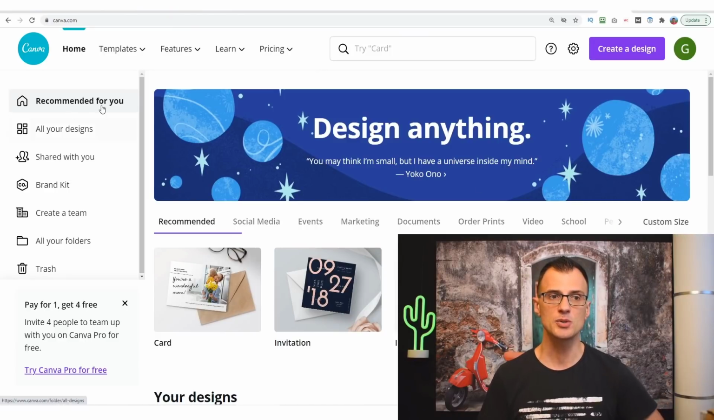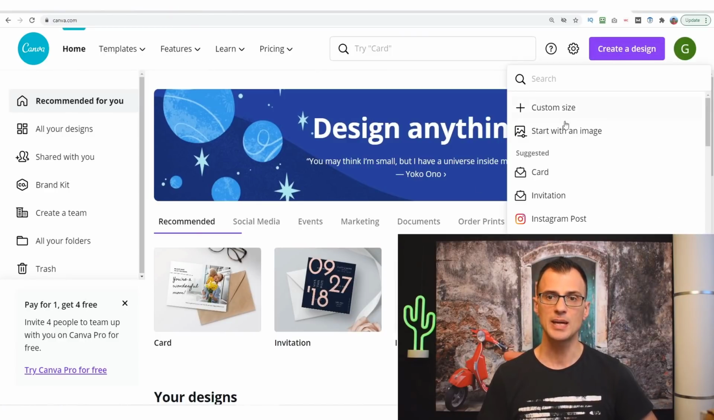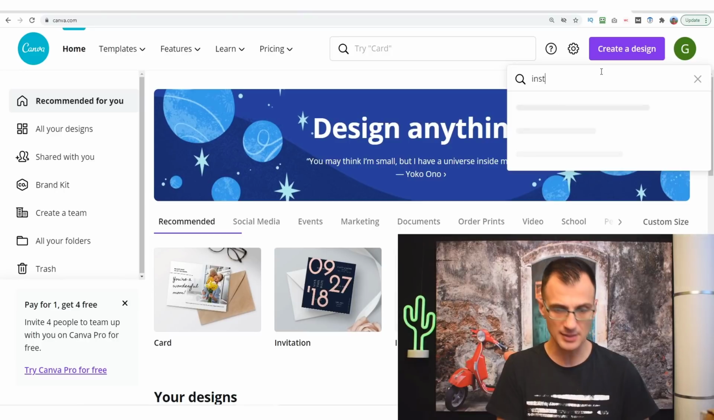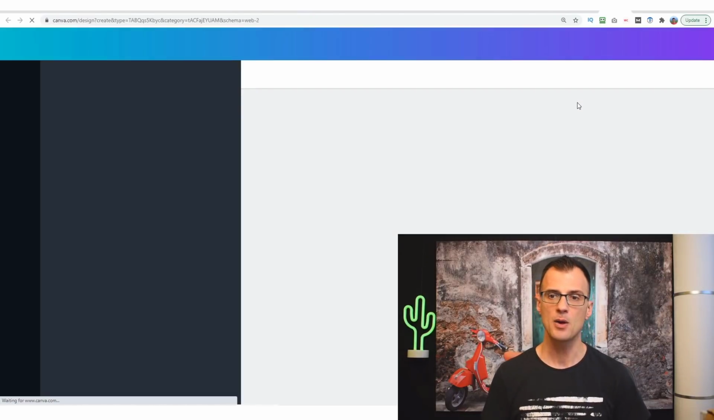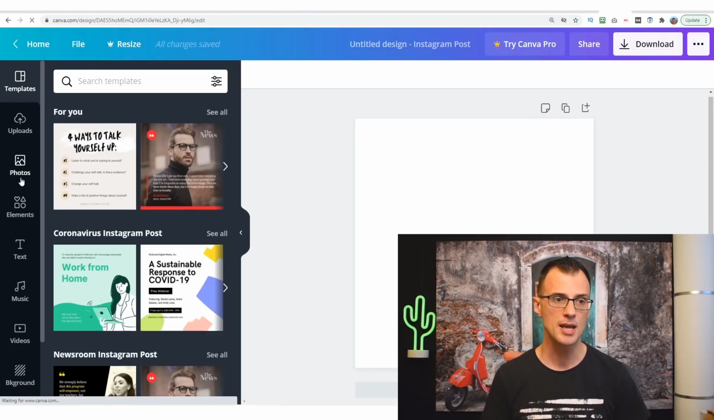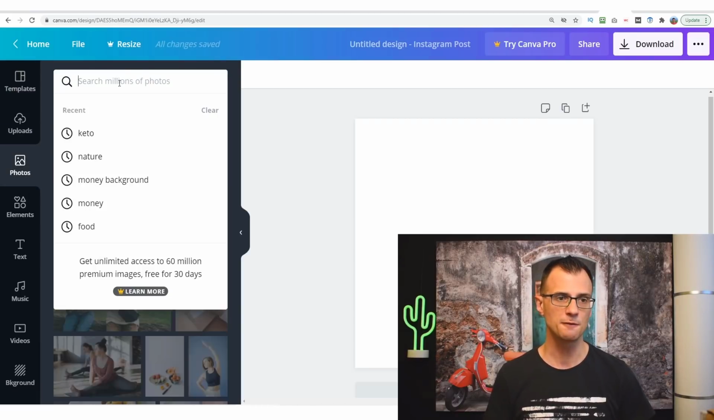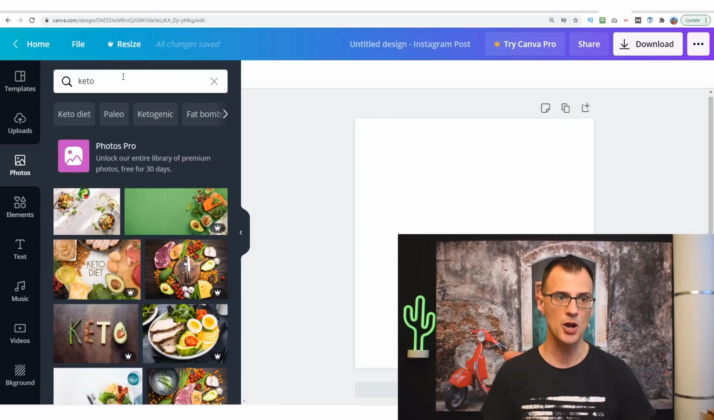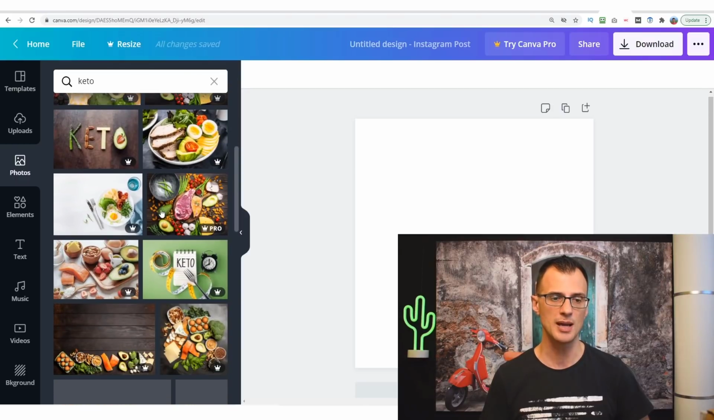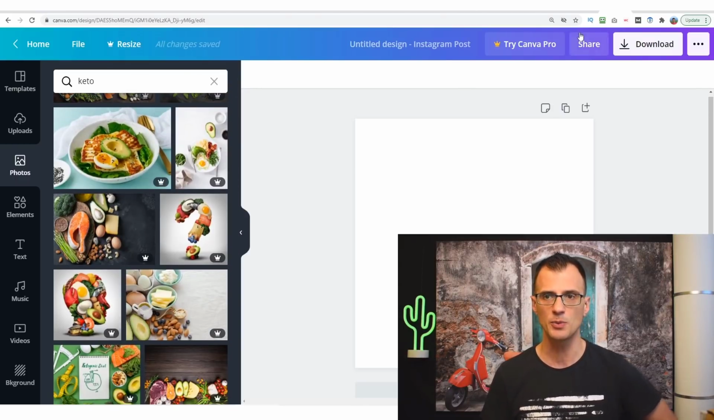To create the image, you can use a tool such as Canva. So just go create a design, and in the search bar, you can start typing in Instagram. That'll come up with the right dimensions for an Instagram post. You can use these built-in photos if you want. So you can just search for kiddo and see if any of these images that come up are suitable, or